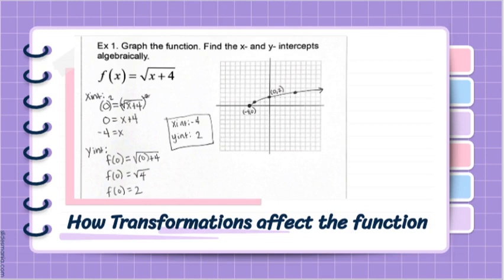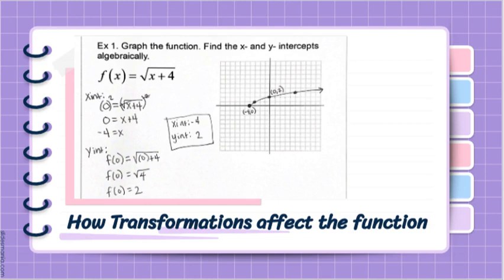To figure out the y-intercept, you will make x equal 0, so you would solve f(0) equals the square root of 0 plus 4. So you will first add 0 plus 4, which equals the square root of 4, and the square root of 4 equals 2, so f(0) equals 2, and that will be your y-intercept. Once placed, you will use